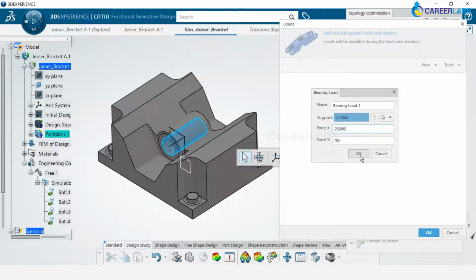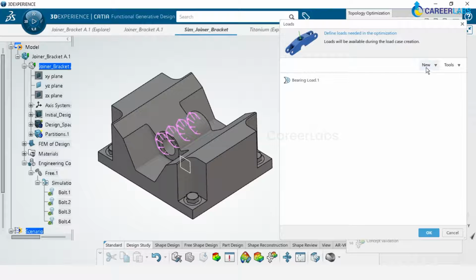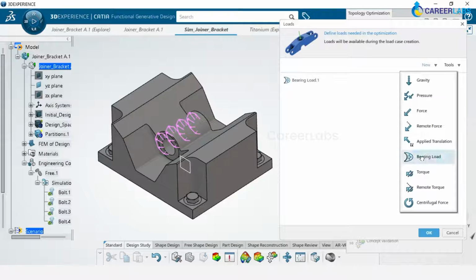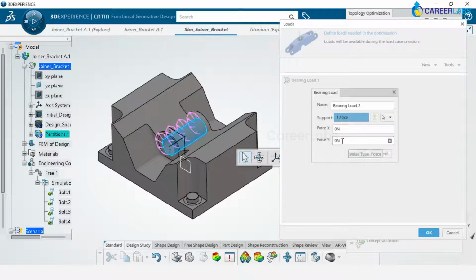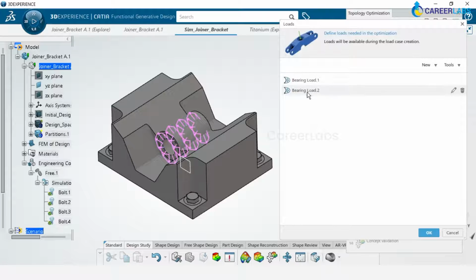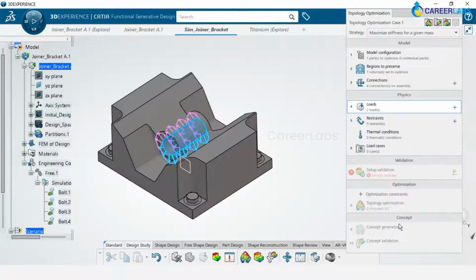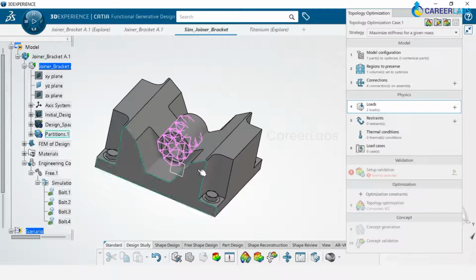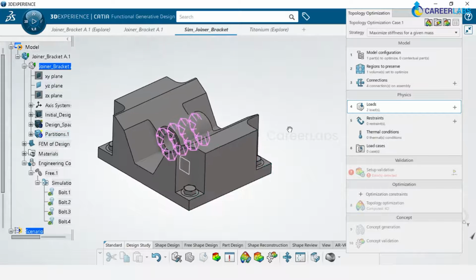Okay, and then okay. Again, I will create another bearing load, which is in a different direction, which is in y direction, which is again I would say 40,980 newtons. Okay, so the 2 bearing loads are applied, and these loads are nothing but when you have a pin inside and then a pivot pin, and then you have an arm which can swing from this surface to this surface. So this is the type of force. So we have assigned that force here in terms of bearing load.